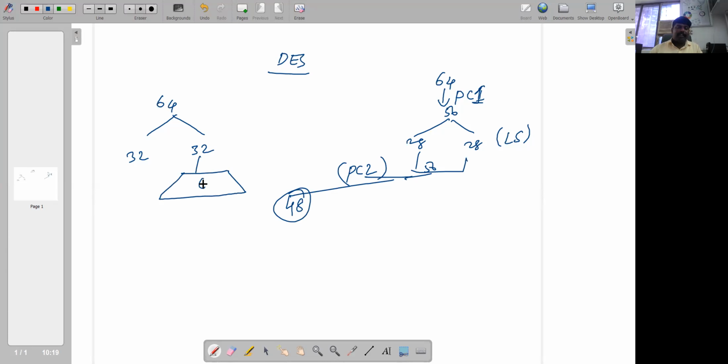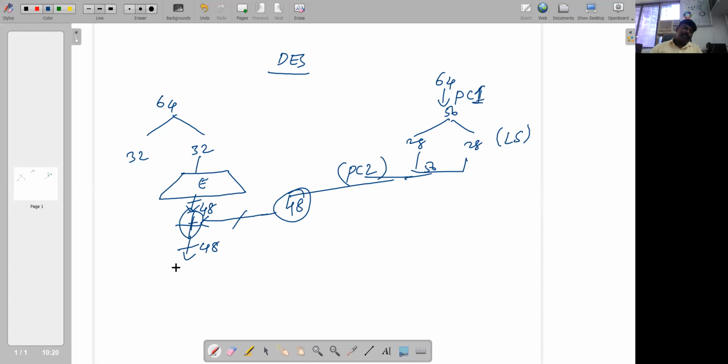Now the 32-bit half is applied to the expansion box E, so 32 is converted into 48. This 48 and the 48-bit key are applied to the XOR operation, which produces 48 bits.